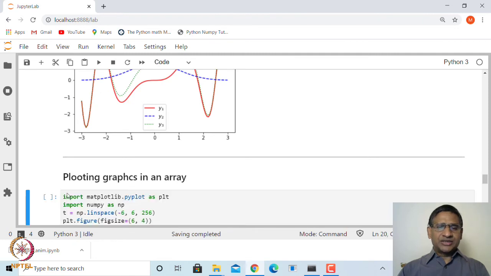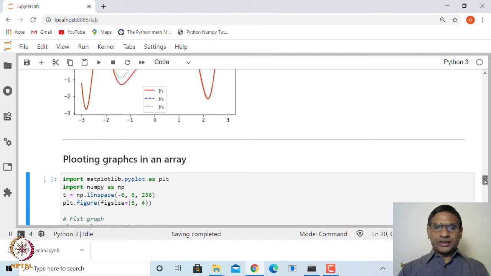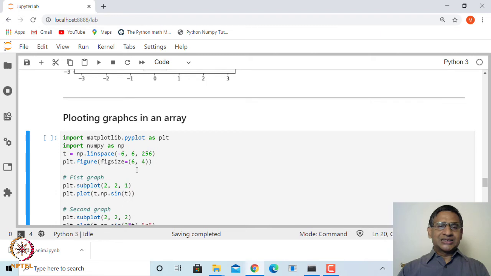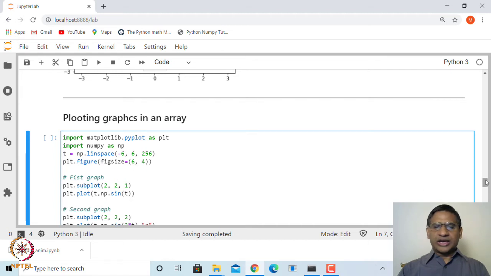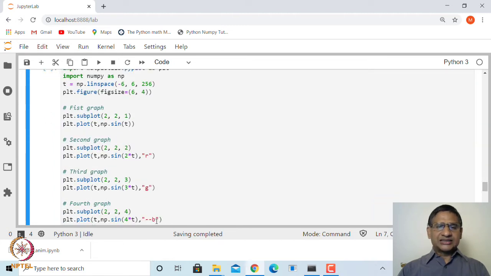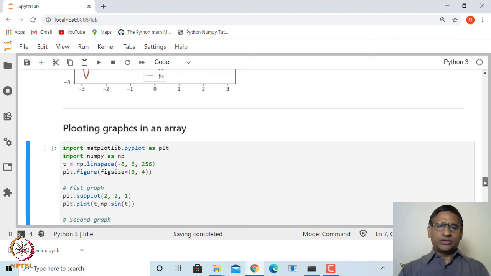That is achieved by what is known as subplot. So first let us look at, suppose we want to plot the graph of sine x, and then sine 2x, and then sine 3x and sine 4x in a 2 cross 2 array.